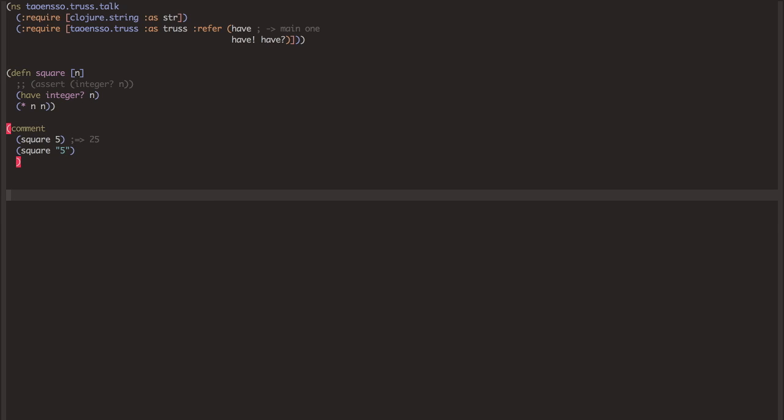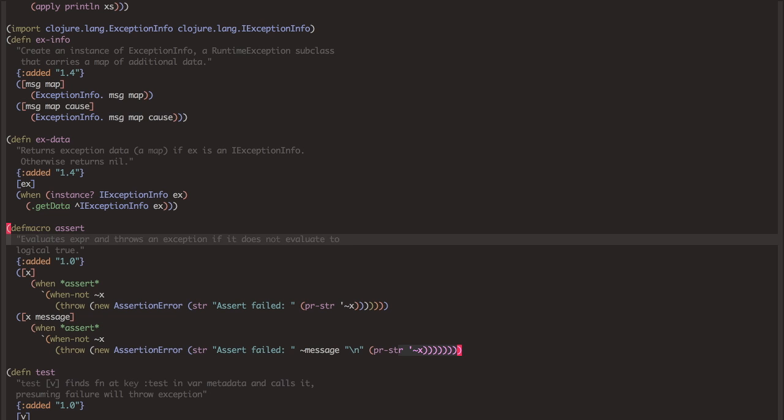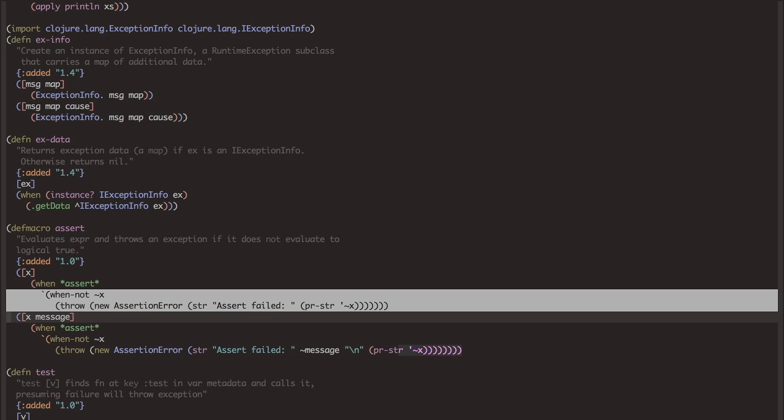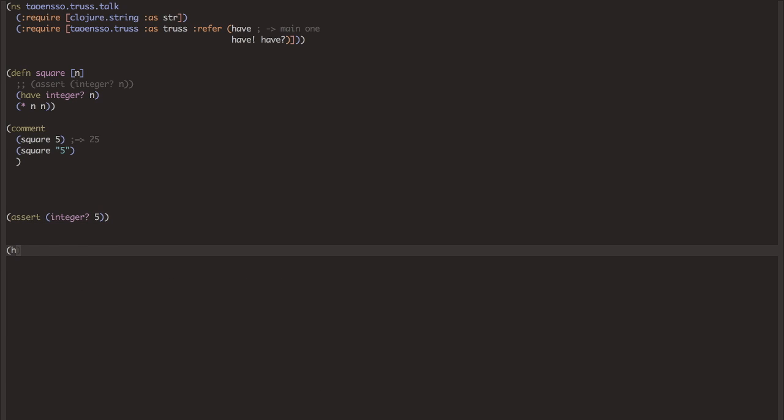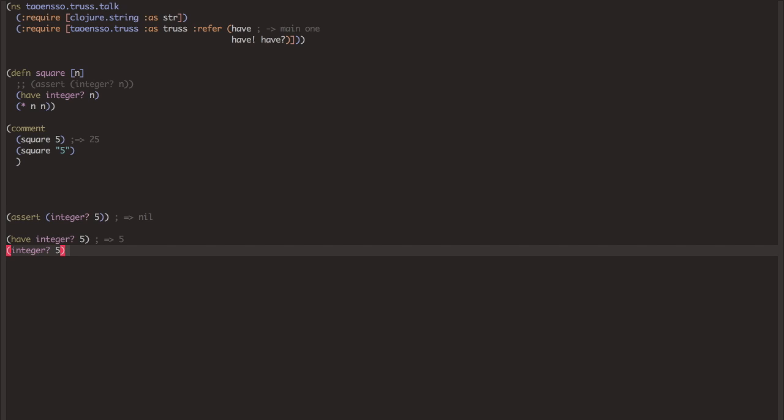One of the differences that I would like to point out, which isn't super relevant yet, but it will be soon, is the return value of this assertion in Clojure is nil, because the assert macro basically expands into something like this. In other words, when this condition is not true, throw an assertion error. And in the case of Truss, this will return the argument that you provide. Okay, so this is expanding into something different. I'm not going to show the expansion right now, but essentially, when this condition holds true, in other words, when integer of 5 holds true, return 5, return the argument that we're putting in, and that is a useful property